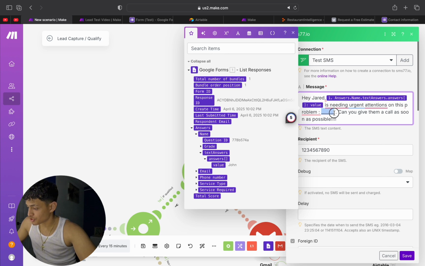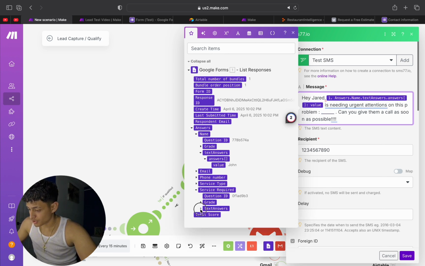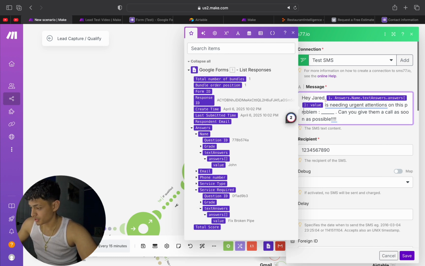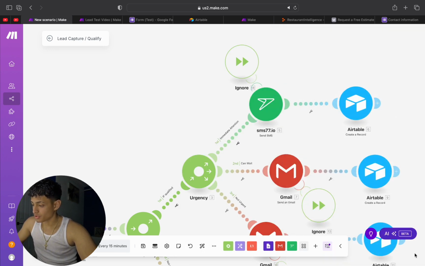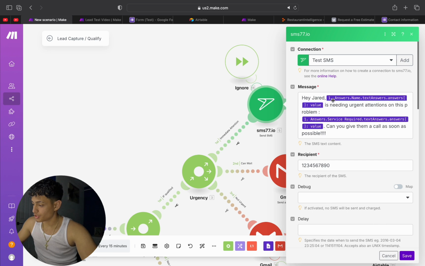John is in need of urgent attention for his problem, which is the service that he requires. And the service he requires is to fix his broken piping, because John is not great at keeping his pipes clean, so it's just clogged and now it broke. There you go. Then it'll send the actual message, replacing all those with the actual values, saying, hey Jared, John is needing urgent attention on this problem, fixed broken pipe, can you please call him